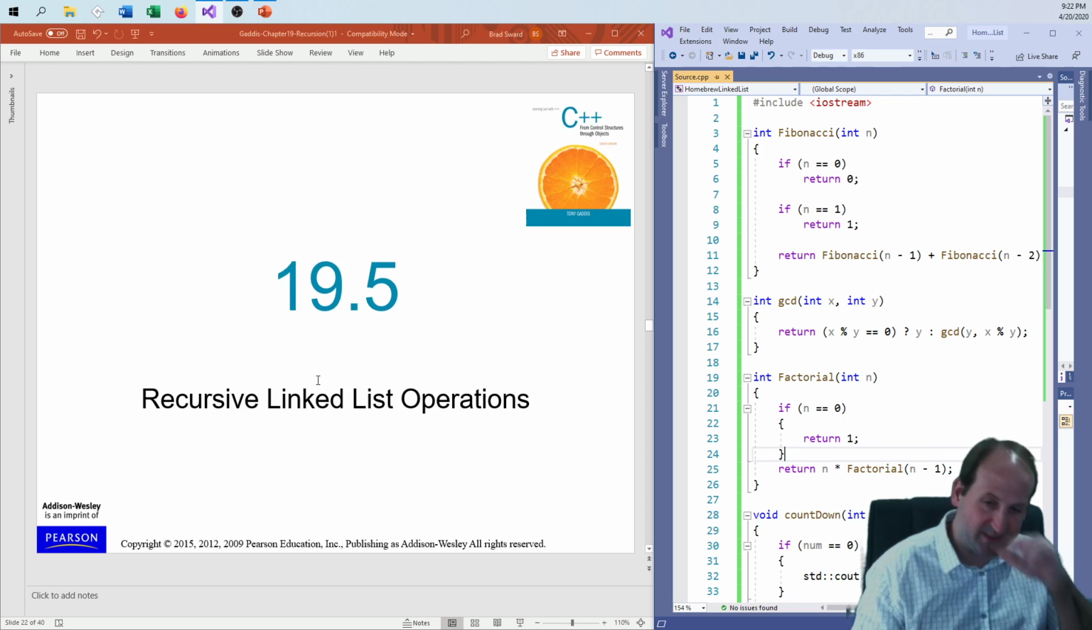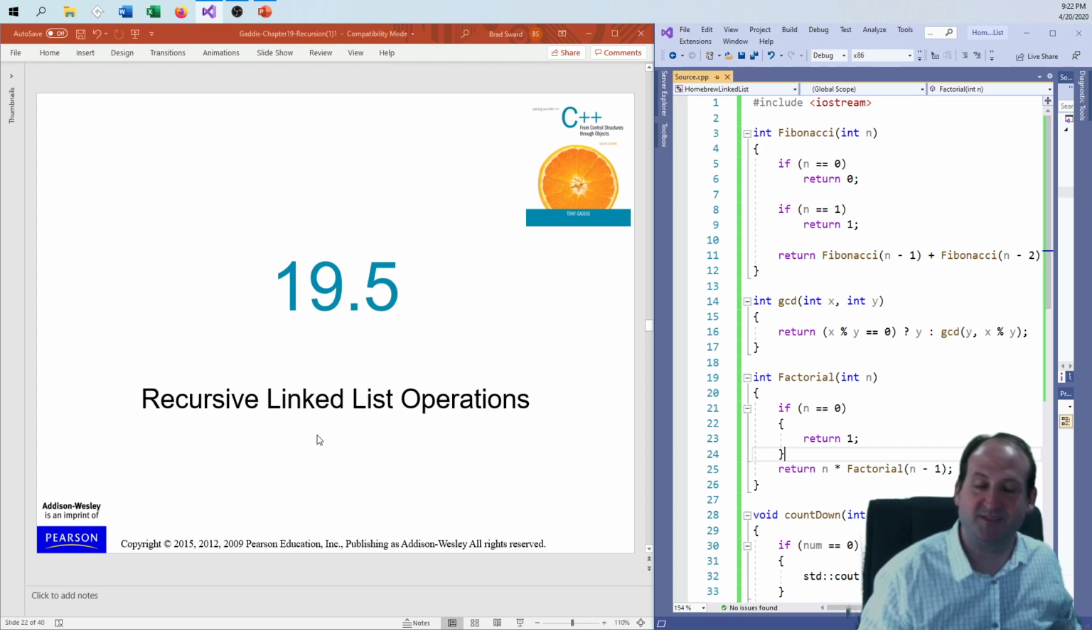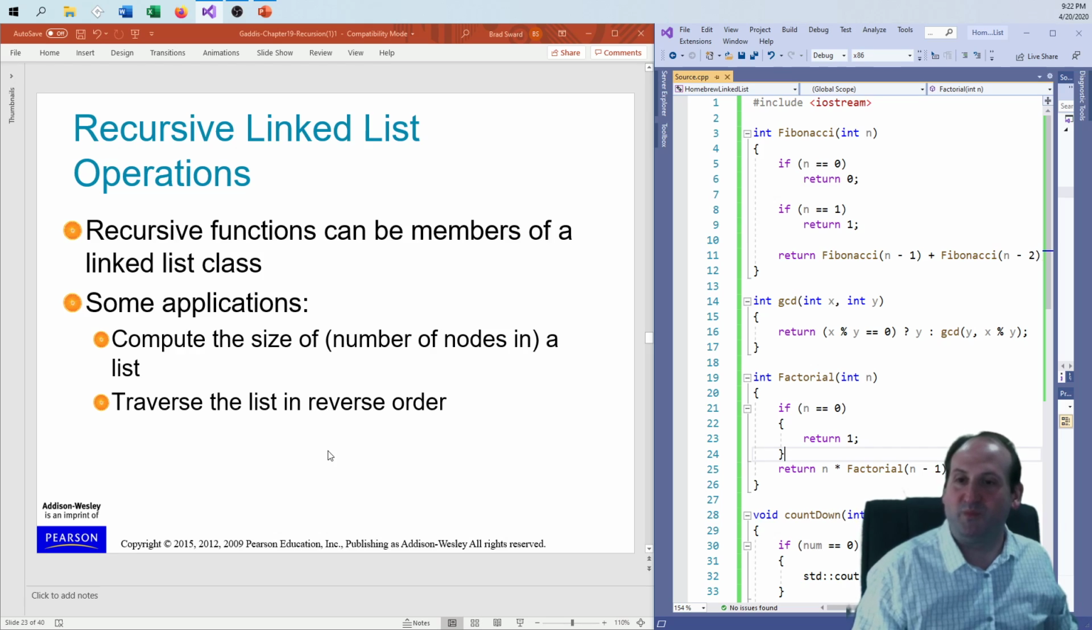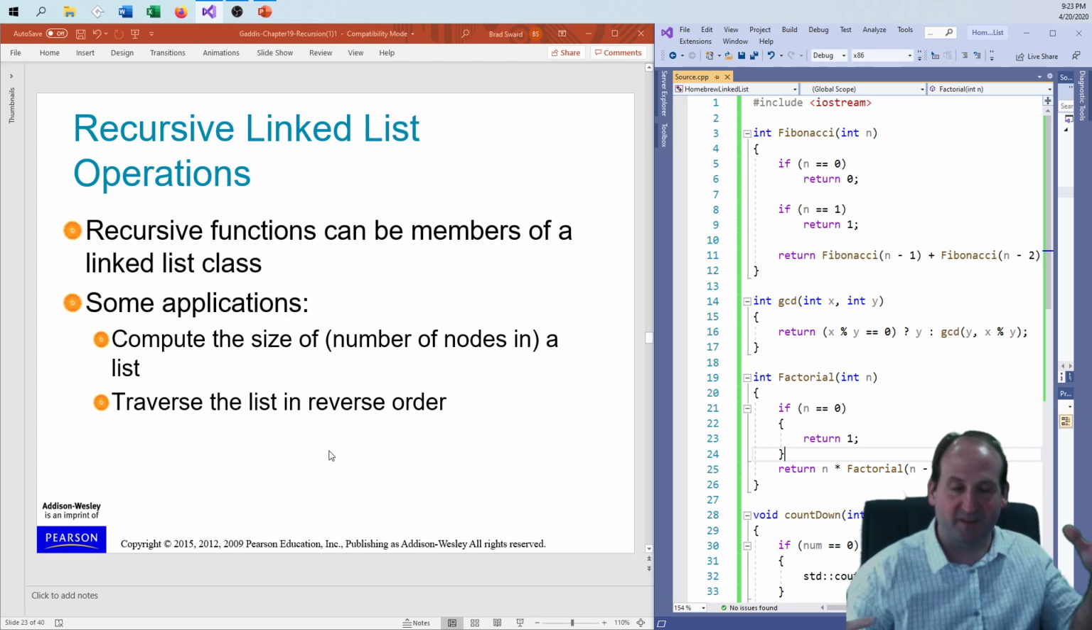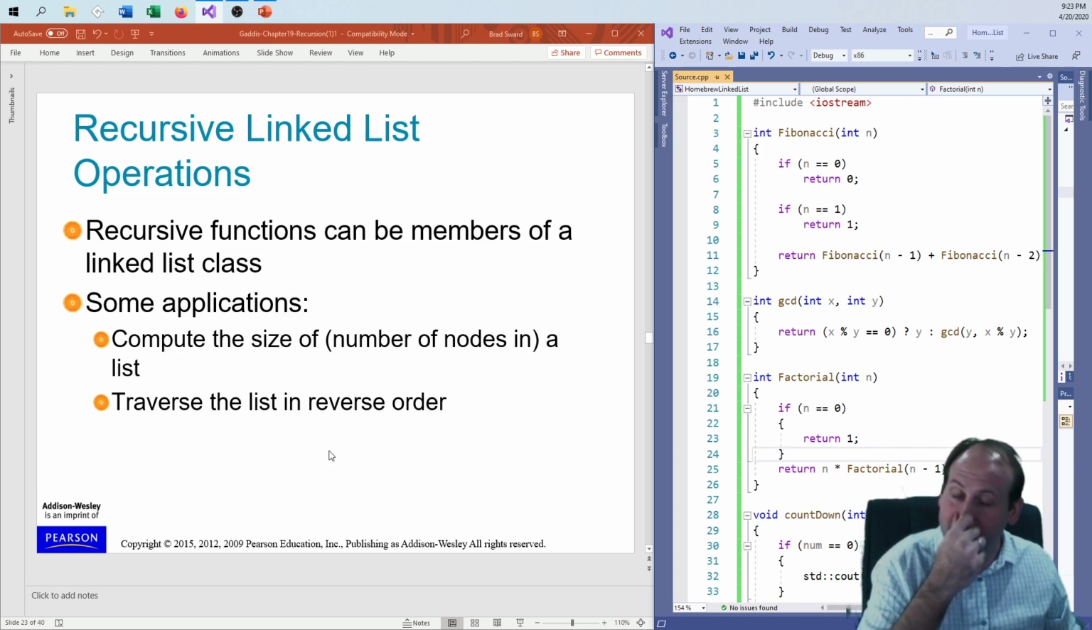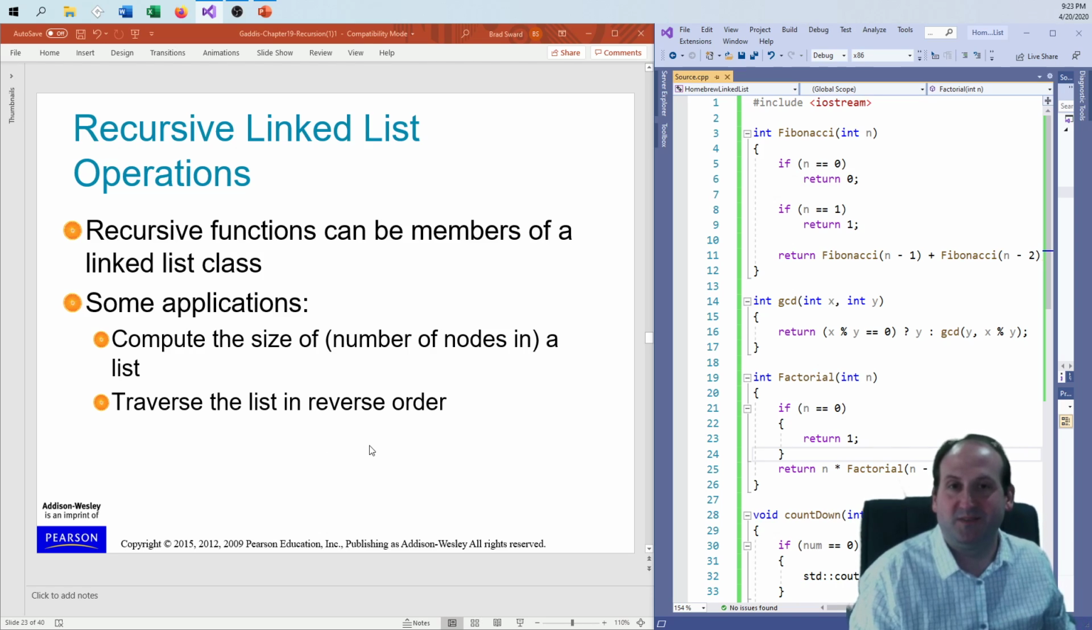And so other things we can do: recursive linked list operations. I already got an email today from a student asking about that, and they say, well, I can recursively go through an algorithm. Like if I want to know the size of the linked list, I have to physically go through and count one by one by one to see how many elements are there. But what I can do is just say, okay, if I start with the head pointer and